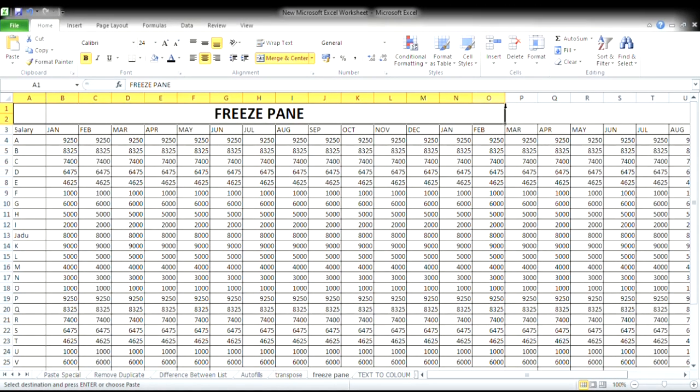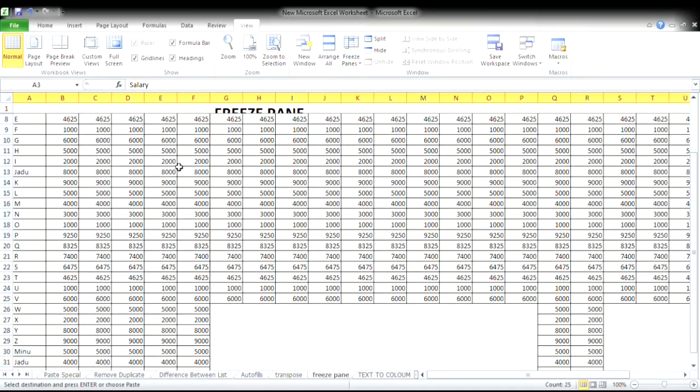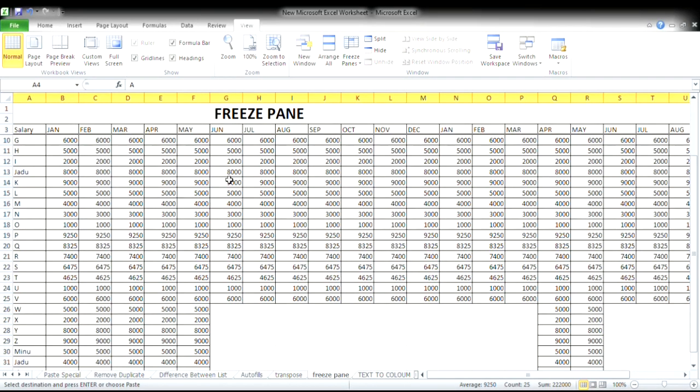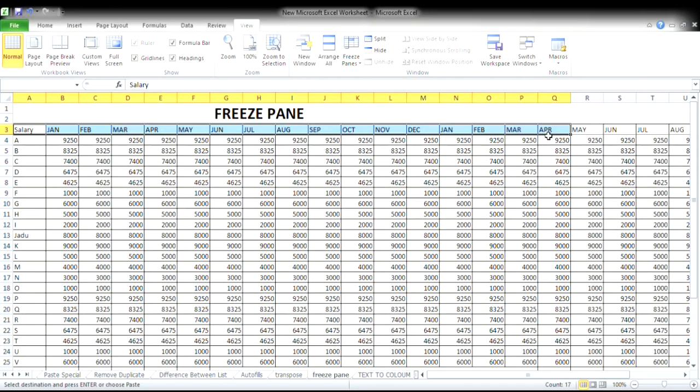How will we use the freeze pane function? It will be in View. We will use this option, freeze pane. Freeze pane means if you want to select this and freeze the top row, then we freeze it. Now if you want to fix January, February, March, you want to fix this,